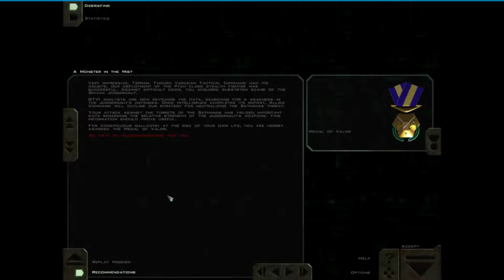Impressive, Terran. Though the Sudan Tactical Command had its doubts, our deployment of the Ta-class stealth fighter was successful. Against difficult odds, you acquired subsystem scans of the Sathanas Juggernaut. GTVI analysts are now reviewing the data, searching for a weakness in the Juggernaut's defenses. Once intelligence completes its report, Allied Command will outline our strategy for neutralizing the Sathanas threat. Your attack against the turrets of the Sathanas has yielded important data regarding the relative strength of the Juggernaut's weapons. This information should prove useful. For conspicuous capture at the risk of your own life, you are hereby awarded some